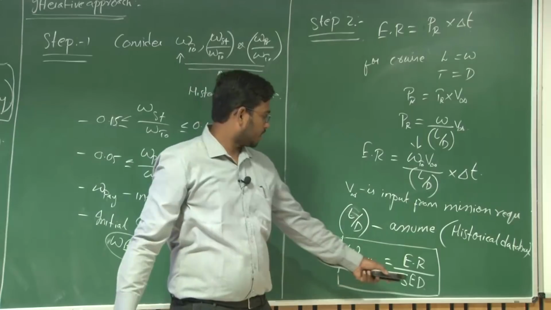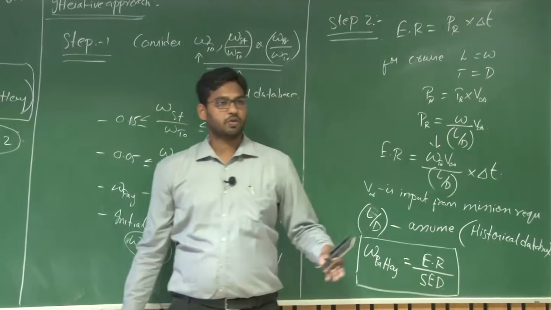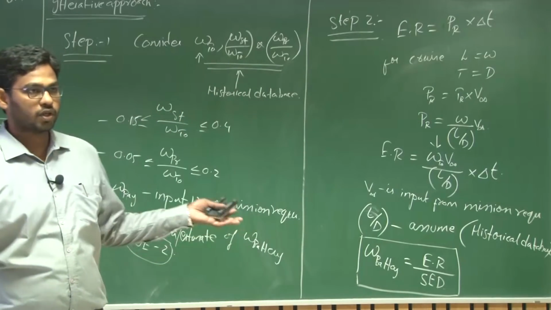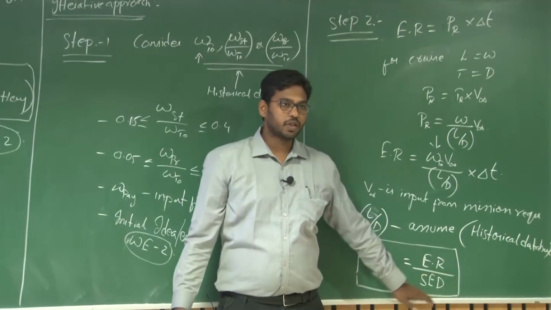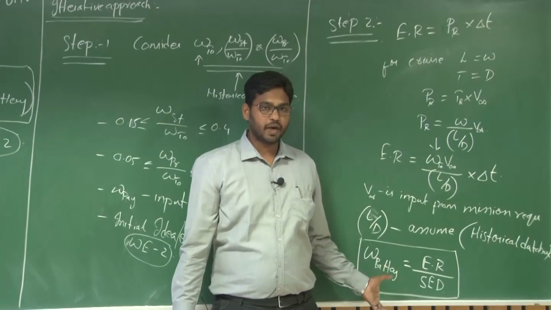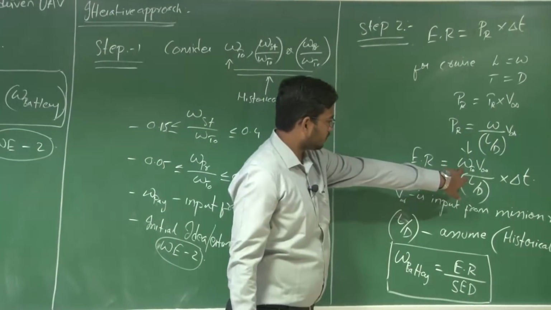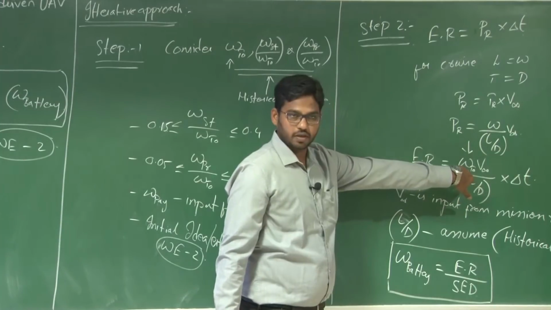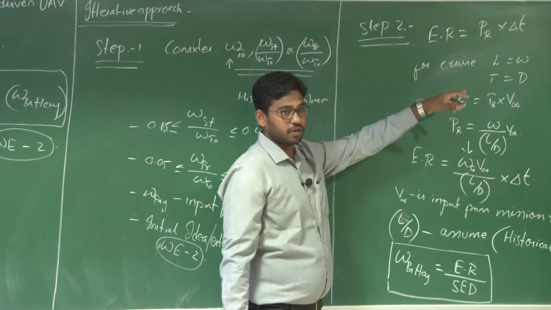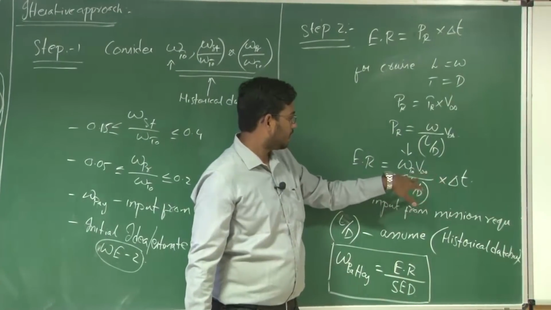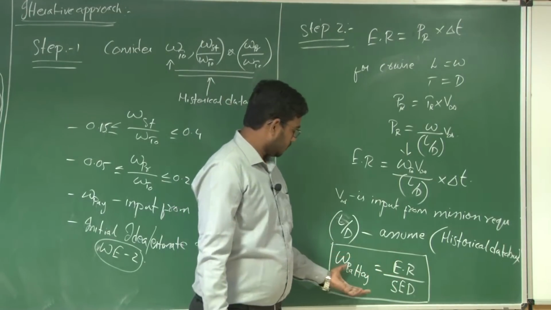You can do a market survey where you will get to know the different types of batteries that are available and the corresponding specific energy density. You can select one of those and use that number here to figure out the corresponding battery weight for this particular mission, right? So what are we doing? We have W takeoff from the previous aircraft, and whatever battery you have estimated is for this particular mission, because this delta T, V infinity and L by D are what this particular mission requires, right?